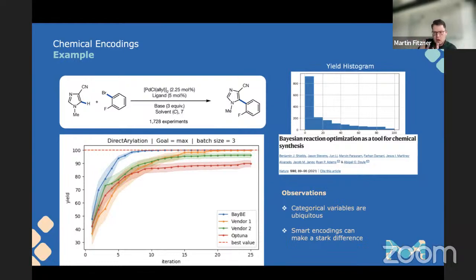Of course, there are also other influences in this graph here. We did more investigations into the role of chemical encoding. You can see, for instance, one result here on the README page of our package. But I think it's pretty clear that these smart encodings are an extremely simple, obvious idea, but extremely powerful. And that's why we wanted to offer them easily available in our tool and want to use them.